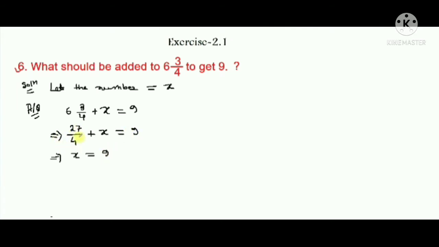Now this number is on the left side of the equal sign, so we'll take it to the right side. So this plus becomes minus. So here we'll write 27/4. Okay, now we'll subtract: 9 minus 27/4. So here for the LCM, the denominator is 1, so the LCM of 1 and 4 is 4. Okay, so how many times does 1 go in 4? 4 times. So directly we multiply this 9 by 4, 9 times 4 is 36.